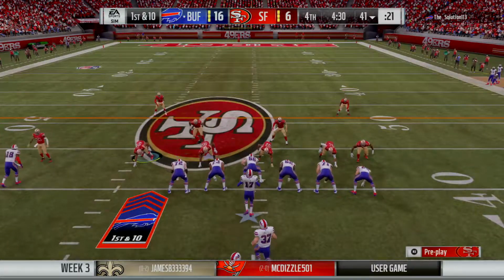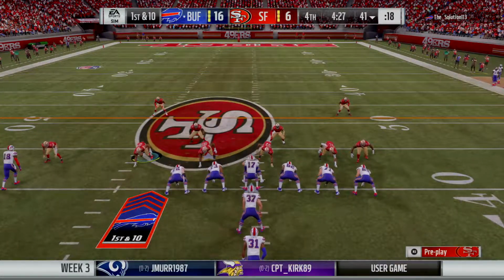Tight end to the right, boy. Tight end to the right. Move. Now let's go. Green,